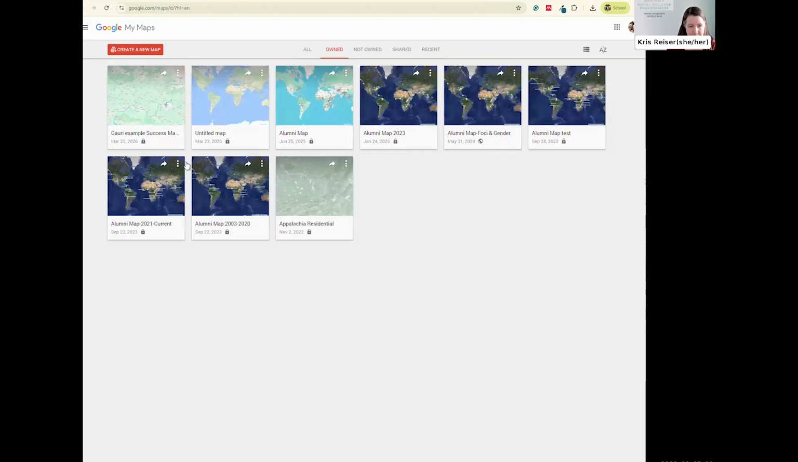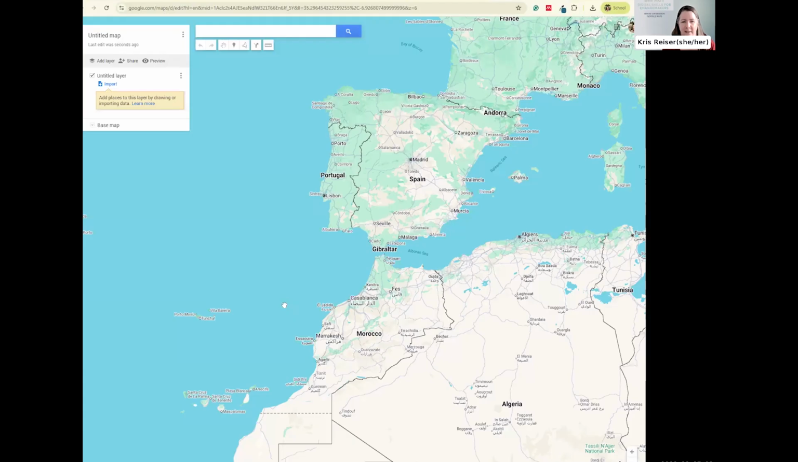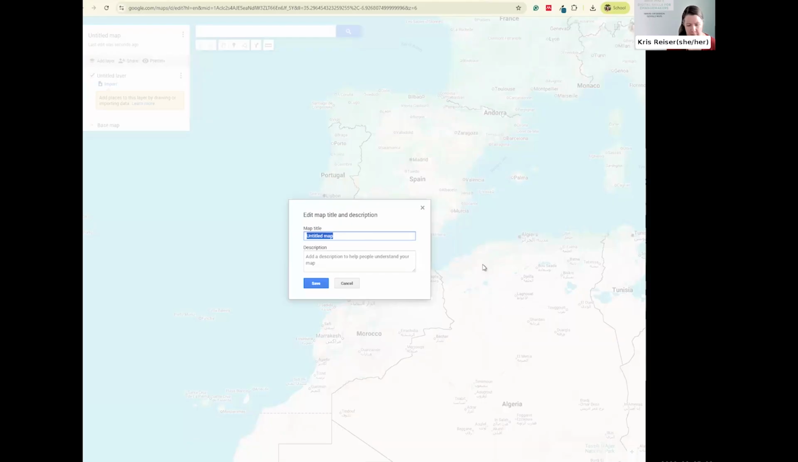You can see already multiple things that I've started. So I'm going to create a new map. It's already detecting where I am in the world. Now, I'm going to show you two different ways that you can create a map. You can create things in a one-by-one type of situation. So the first thing I'm going to start is I'm going to create my map title, and we're going to say it's